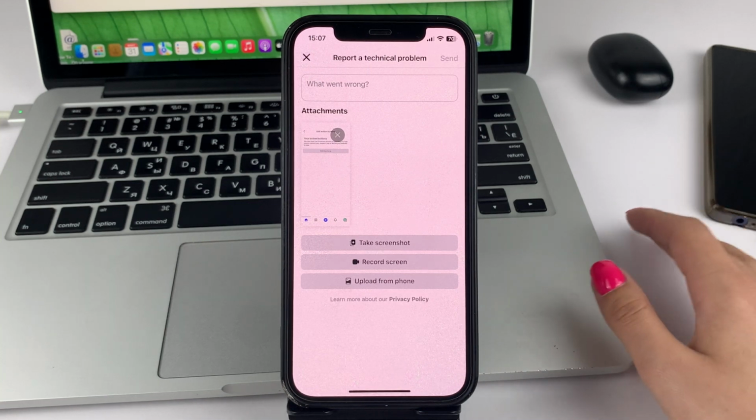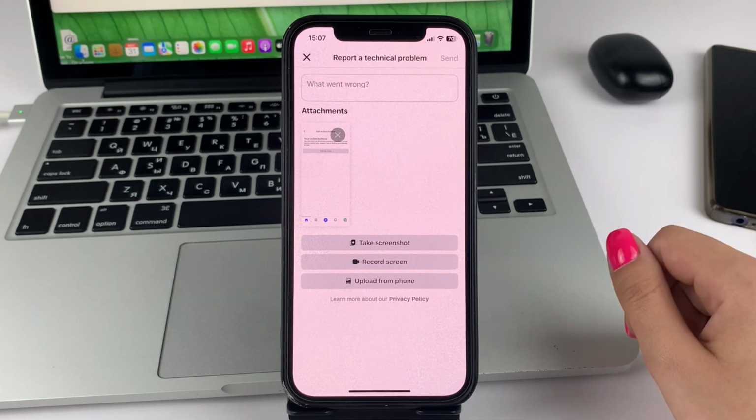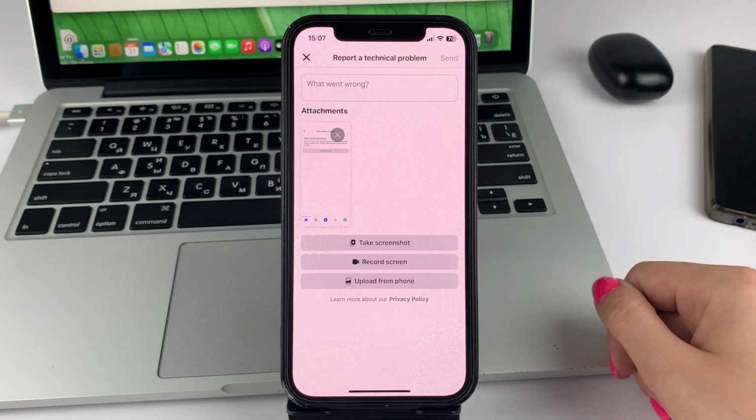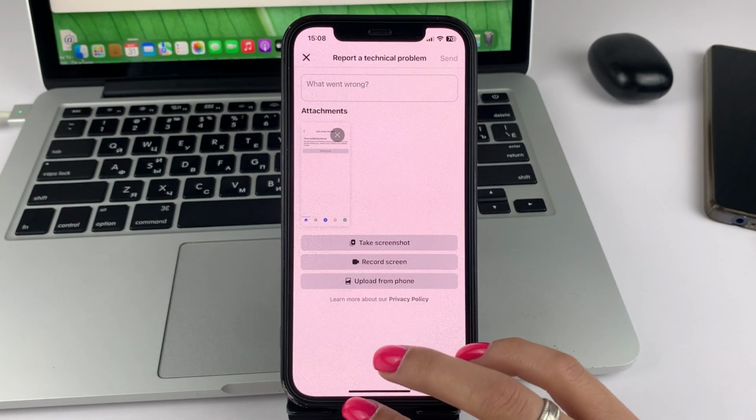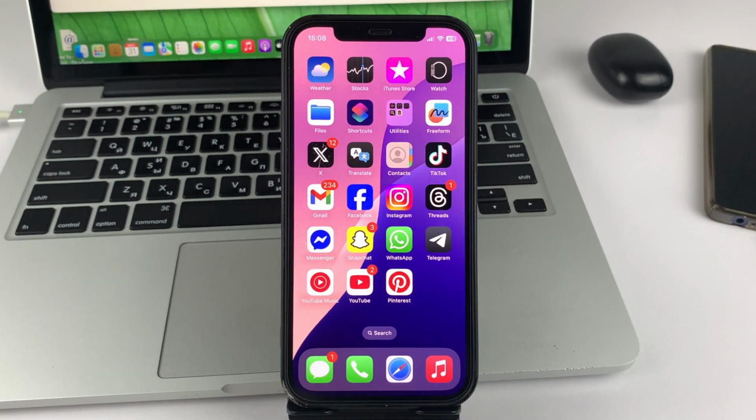If the problem is not solved, then you will still definitely be contacted, for example through your email, where they will tell you what you can do to add a subscribe button to your page. This is the way, friends, you can solve the problem if you don't have a subscribe button on your Facebook page.